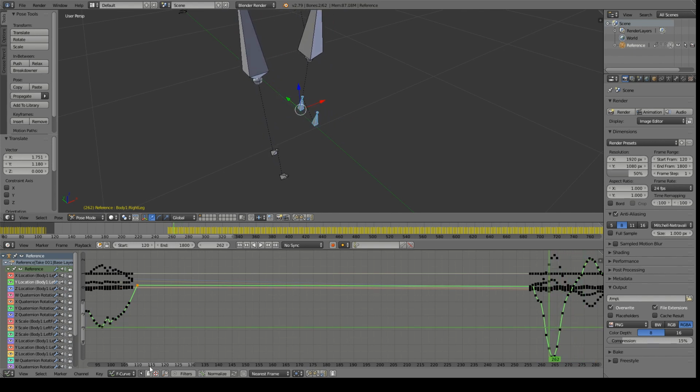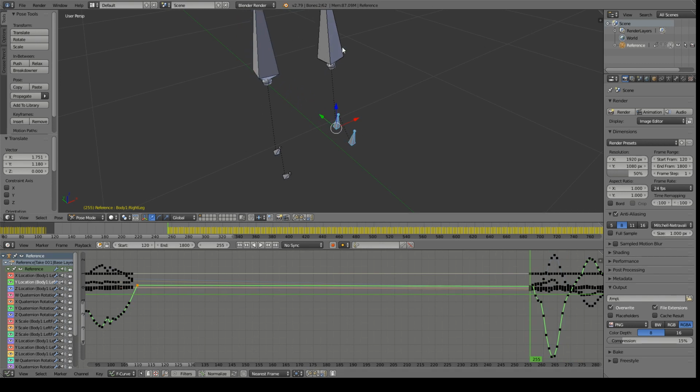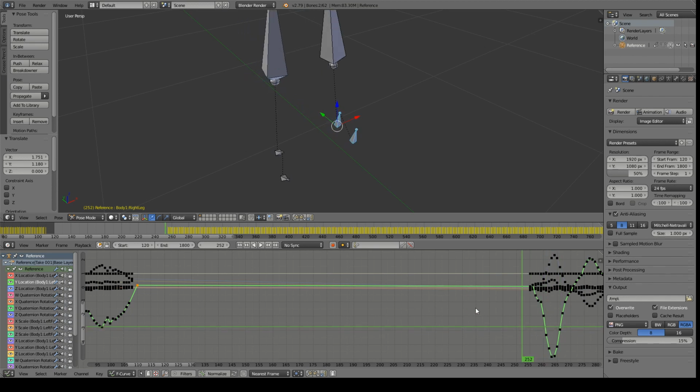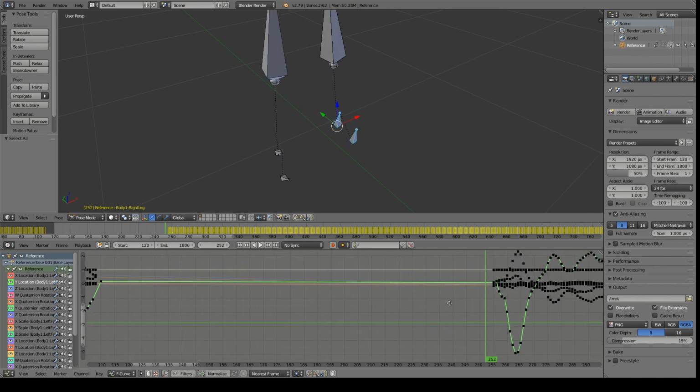Okay, so there are other ways to help that out. So what do you do when the movement, like here, where the foot has to be moving from forward to backwards, but we don't want it flickering? Well, the truth of the matter is, it's actually the leg that's moving it, and the foot's just changing its angle. Well, actually, no, that's not completely true. This one is moving. That's what that is here. That's right. Okay, so let's just deselect everything in here, and then move along a bit,